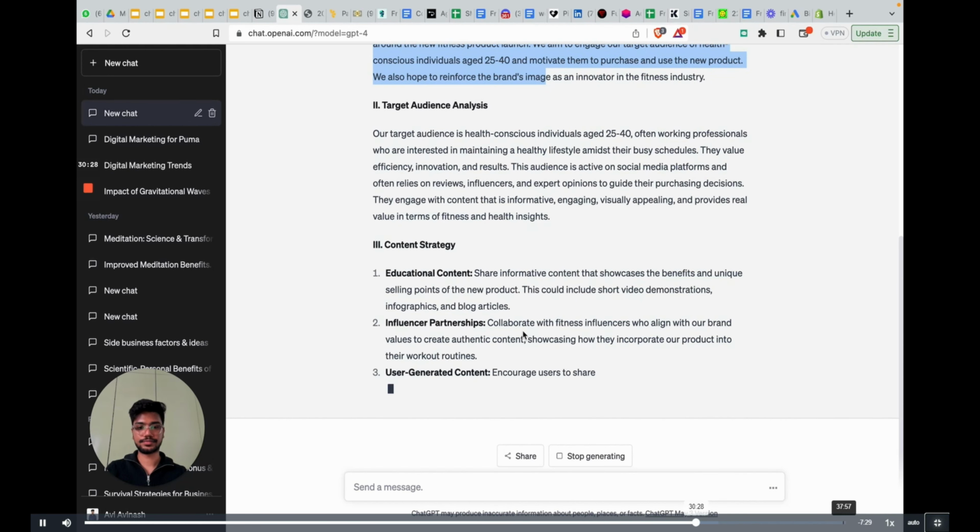Not even 100, 200. Sometimes if you're a small brand going to a small Fiverr marketing strategist, they'll charge you 100, 200. But if you are a big marketing consultant with a personal brand, you can give this strategy to someone by tweaking a bit from your knowledge, and you could easily charge somewhere between $500 to $1,000 as a digital marketing strategist, and their internal team can implement it.